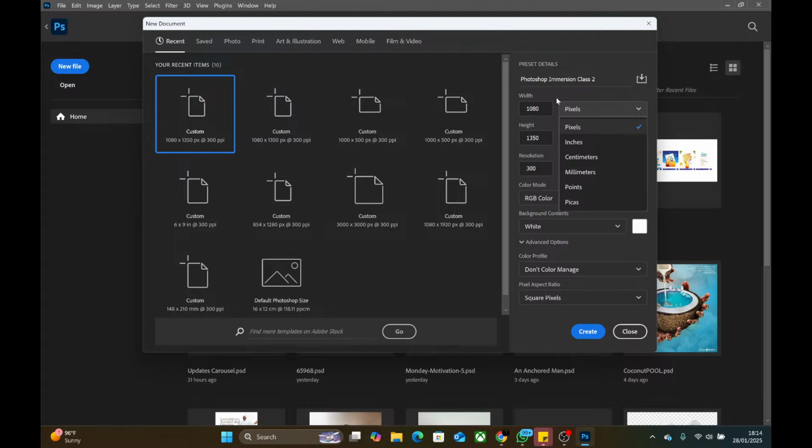Now let me give you a quick hack on this. When you are doing an image design post on Instagram, it is recommended that you do it in 1080 by 1350 for a number of reasons. One is that when it is tall, when it is long, it covers more of the screen of whoever is viewing it.